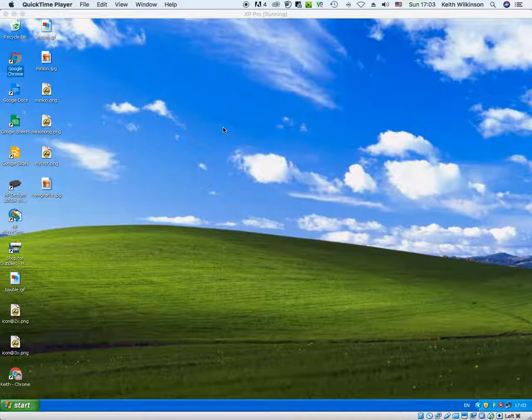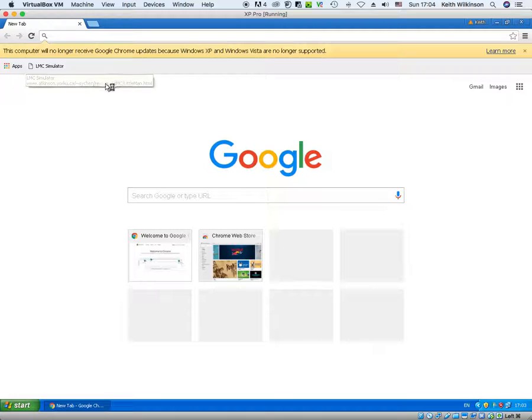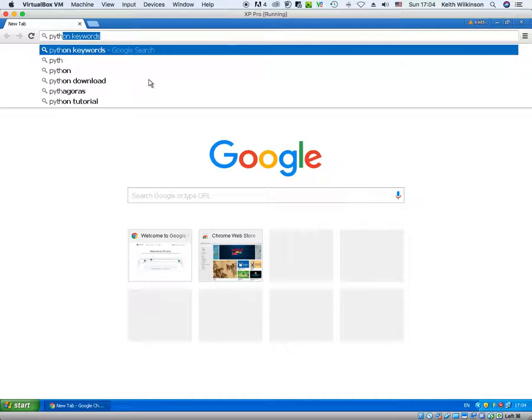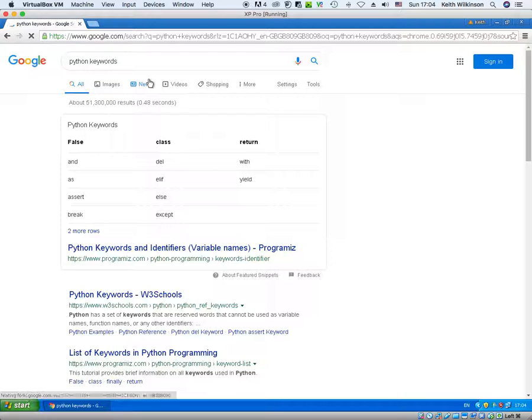Okay, to start our look at Python, what we're going to do is look at Python keywords before we go anywhere near programming. So keywords are important words in Python, and I'm going to type into Google Python keywords. And you need to know what the keywords are. You won't use them all, you'll only use a few of them, but they're very important in Python because